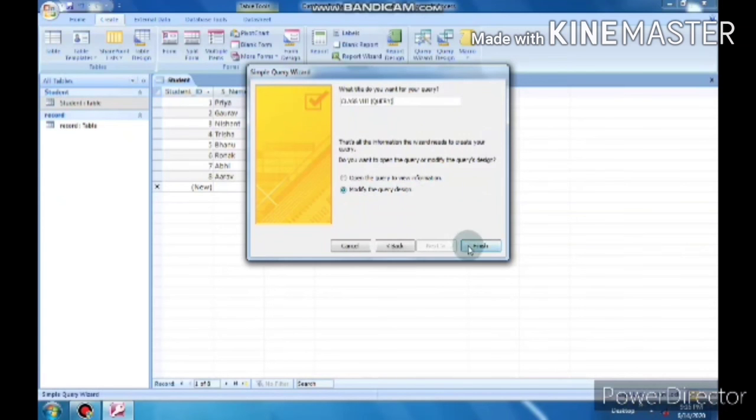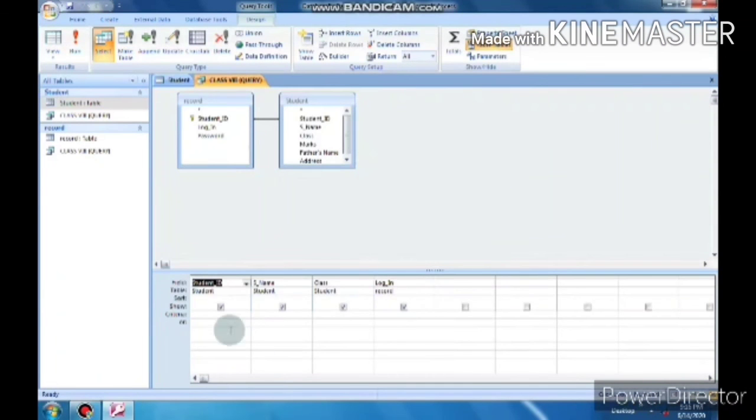So now how can you create relationship? You want to create relationship on student ID. So what will you do now? Now you will drag student ID onto the another student ID. When you will drag it on another student ID, now release the mouse button. After releasing mouse button, a dialog box will open. Here you can select student ID of record table.